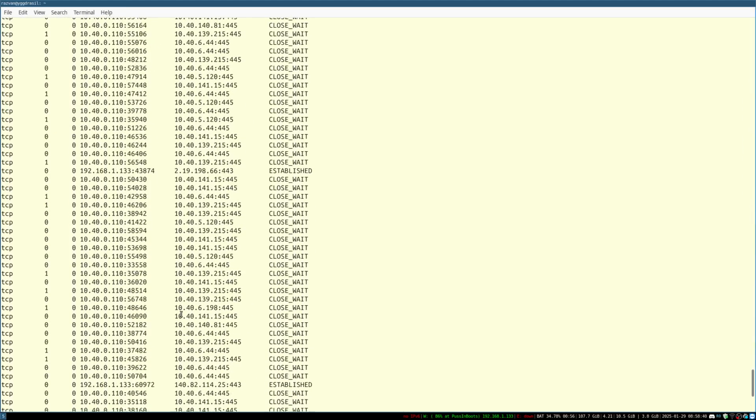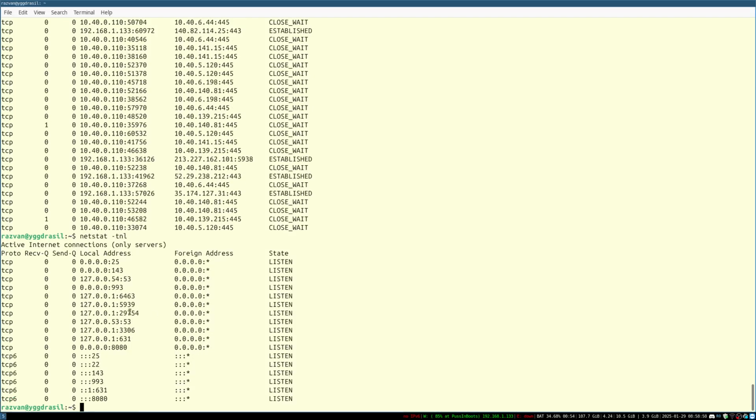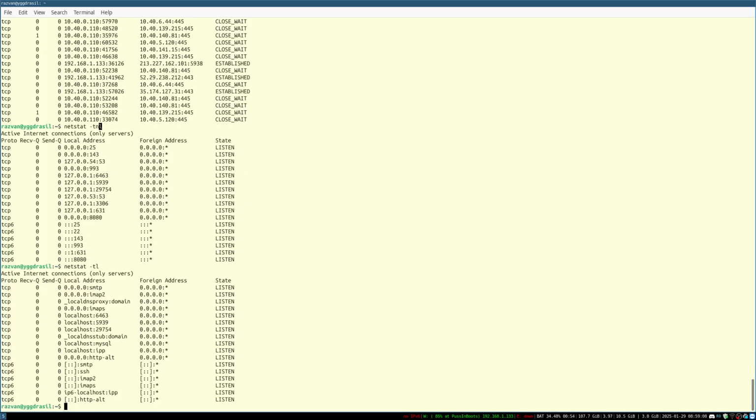If I want to look for the services that my system is currently running and they are listening for remote connections, I'm going to use the l argument for listen, and you can see here all are listening, and I have those services available here. If I were to remove -n, I would get the protocol name, SMTP, IMAP, MySQL that are attached to